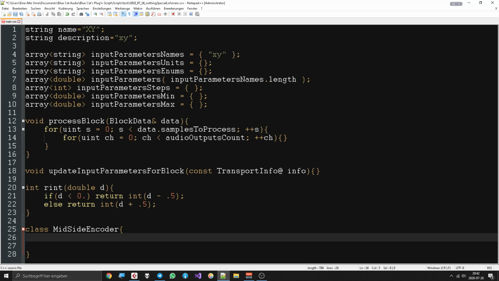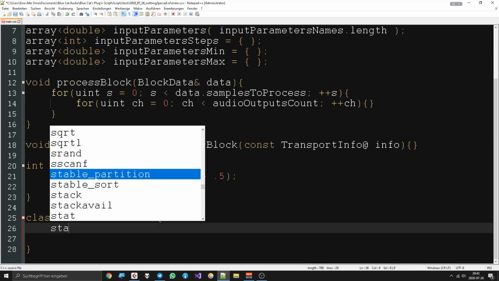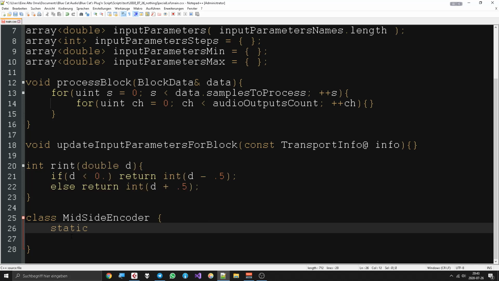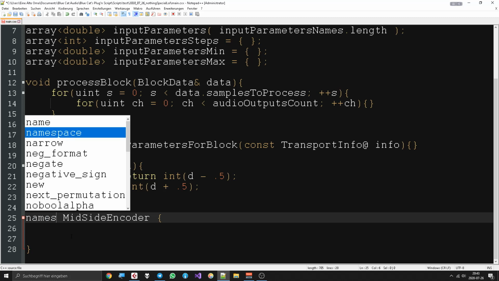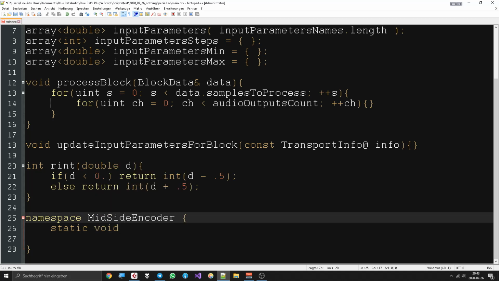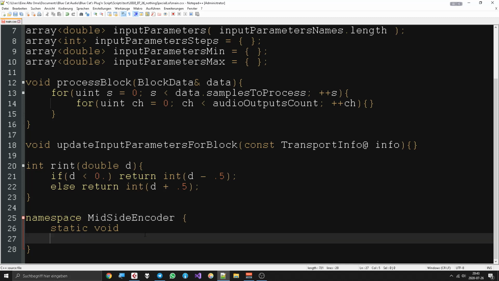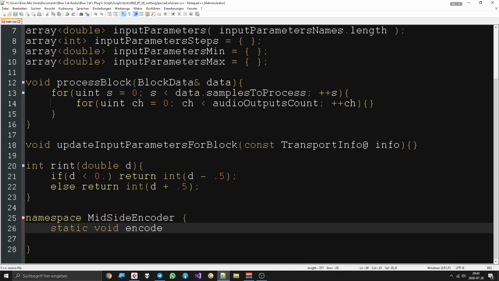And then we can maybe add a static method, we don't even need that, I guess, or will we? Then we would have to use a namespace. Yeah, let's make it a namespace. Static void, because then we can call this function without making an object of this. Then it's just like saying this is the namespace of the method encode,